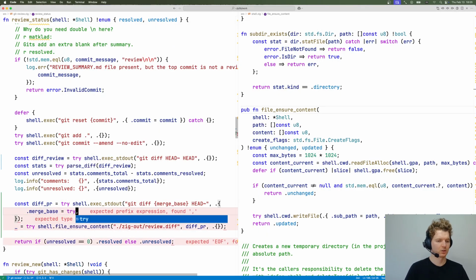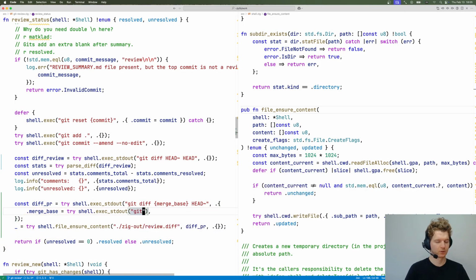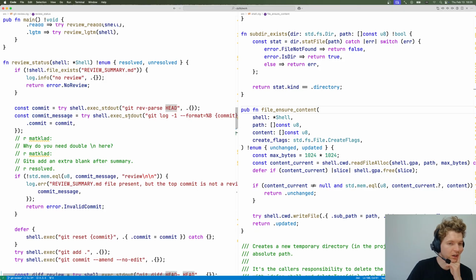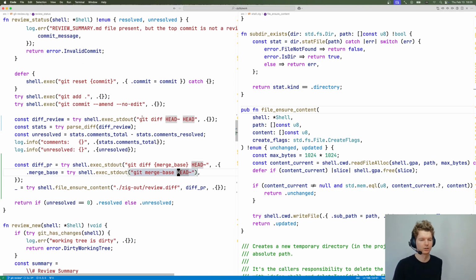So merge base is try shell exec out git merge-base, and one is HEAD, and the other is... I wondered, should I put here origin main or main, because